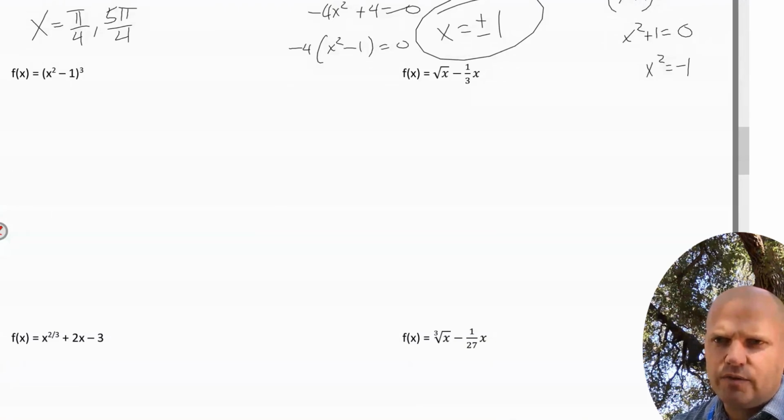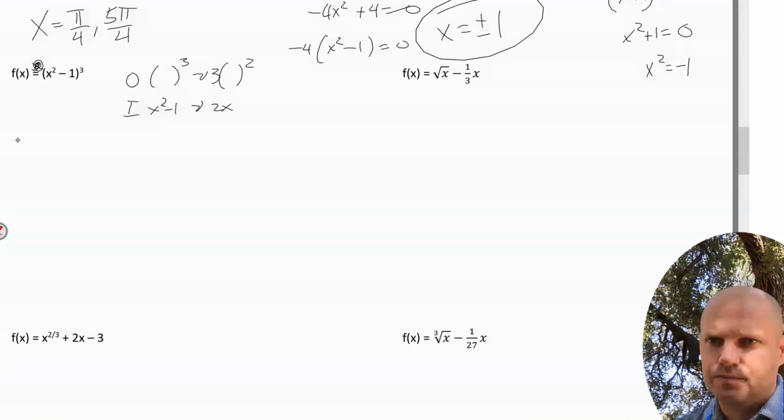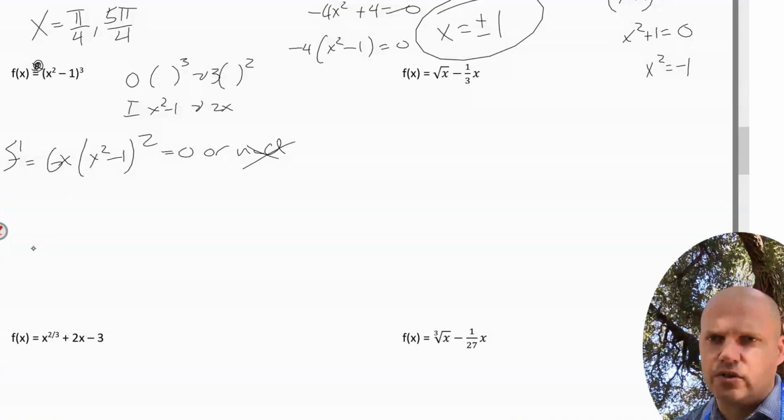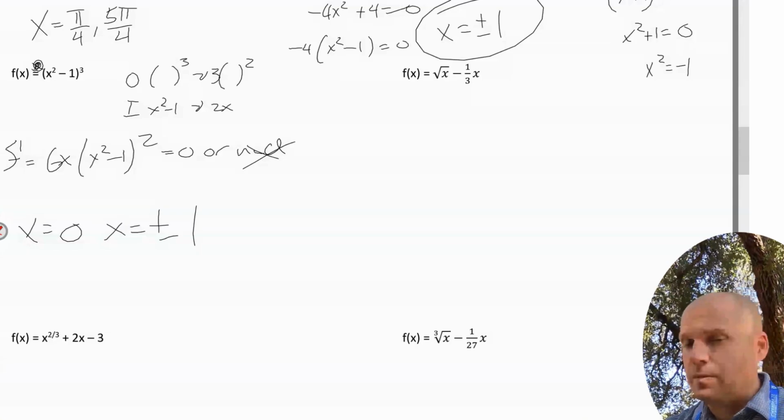I don't know if this one works out very well. I should have done one of those product slash chains. Remember, if I put an x there, then you'd have to use the product rule and the chain rule. You had a lot of those on the AP Classroom. Don't have to worry about when it's undefined, just equaling 0. And again, I get 0 and then plus or minus 1. All possible max min locations.